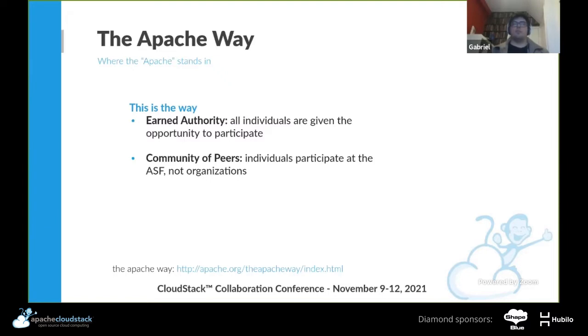So different from some projects, CloudStack, as an Apache project, does not have a company that sponsors or owns the project. So anyone can come here. We have, of course, companies that are sponsoring events and paying day job employees. For instance, I'm a day job employee working with CloudStack. That's normal and perfectly fine, as long as we give the credit to individuals, and then the individuals working become committers, PMC members, etc.